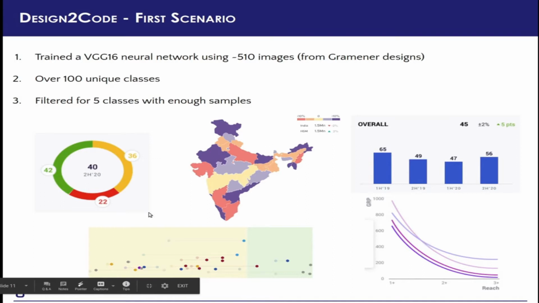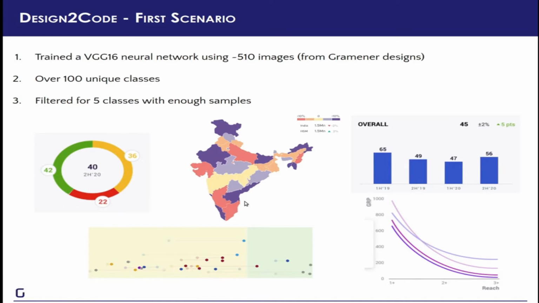But here's the problem. Our model was working reasonably well. For 90% of the charts, if they belong to one of these types, the model was able to guess the type correctly. We soon realized that this is not enough because developers usually do not create these standalone charts. They usually have to create larger dashboards which can contain any number of any types of charts. So suddenly our image classification problem was an object detection problem. It was no longer useful to just guess the chart type in an entire page. We wanted to figure out which charts are present in a page and where they are. We wanted something that would help us find where a particular chart is located accurately and so on.